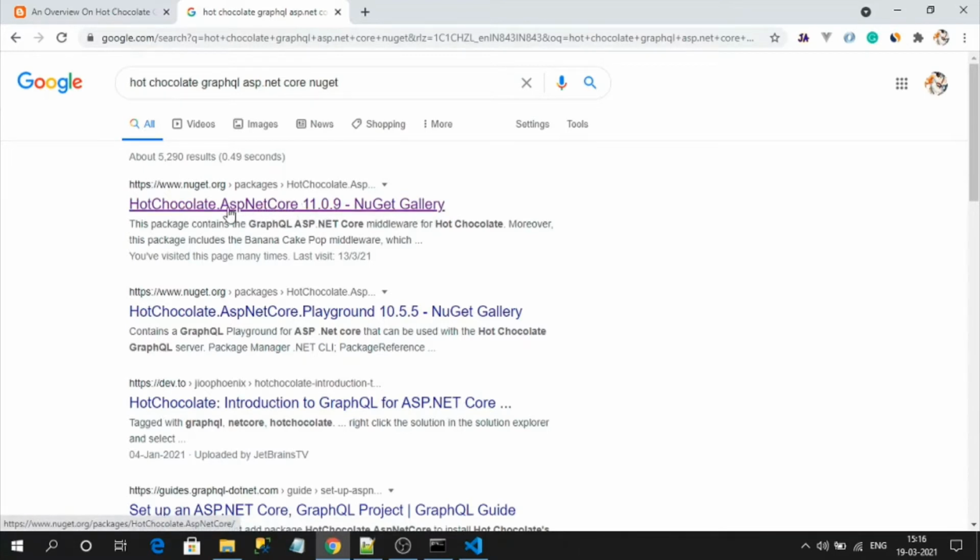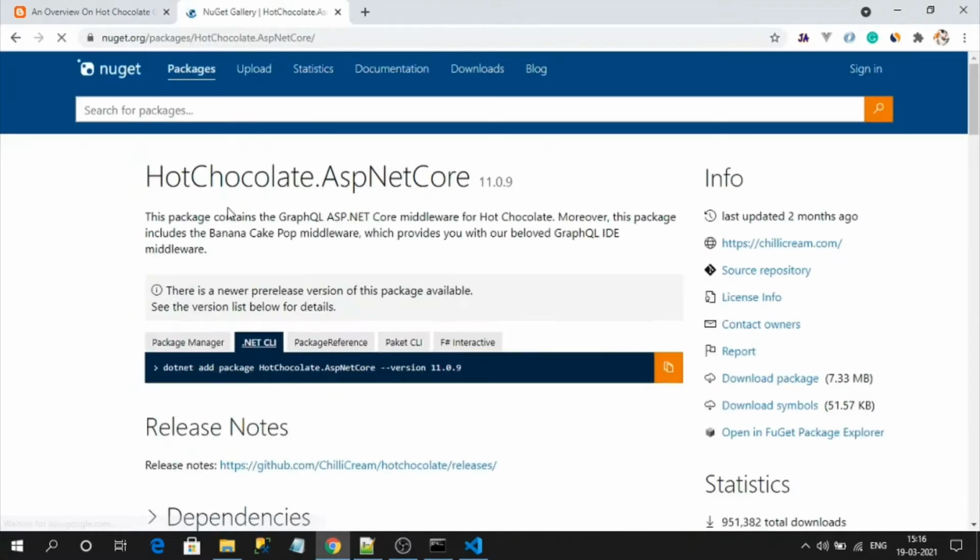Don't use plain HotChocolate. Some other libraries are available, but those are like root libraries. To use them there are different techniques, but those are hard. HotChocolate.AspNetCore is very easy because it is mainly targeted at ASP.NET Core application integration. So I'm going to install this ASP.NET Core Hot Chocolate library.